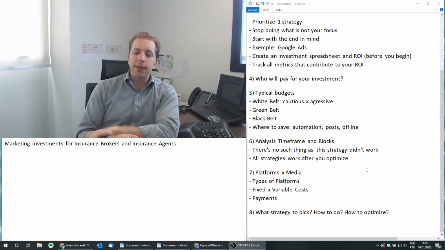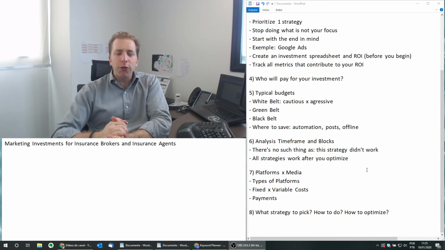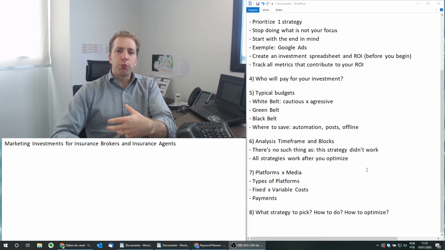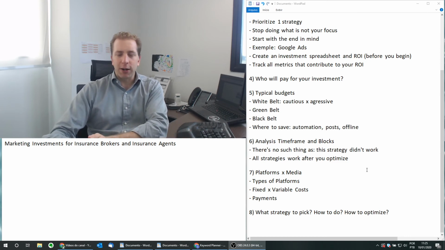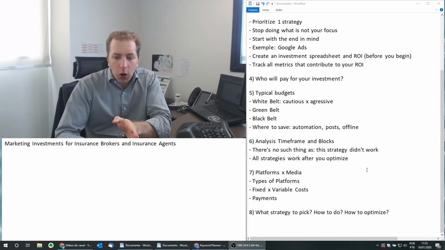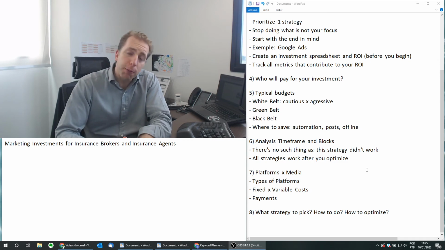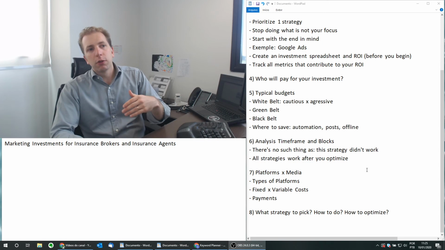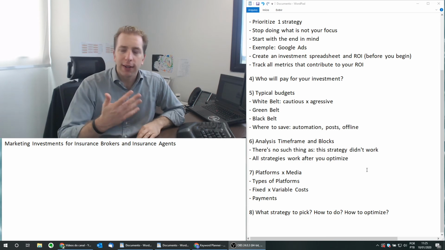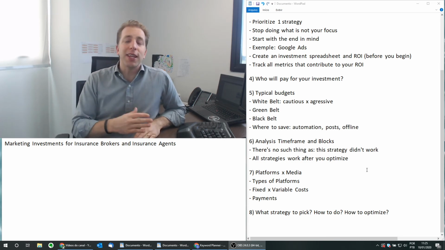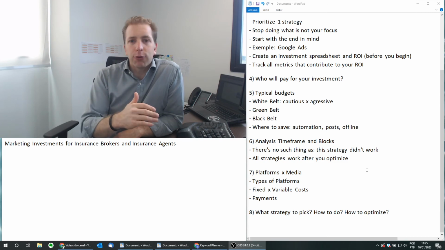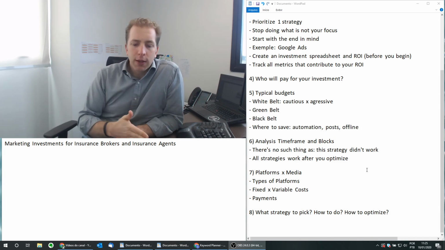And then this is interesting. You have two ways to make payments for your media vendors. You can do prepayments or you can do credit card payments. And for some reason, I still don't know why, many insurance brokers pick the prepayment method. So what they do is they pre-charge their advertising account with, let's say, $1,000 or €1,000. It doesn't matter, but they pre-charge. So they have already made available a certain budget to the advertising platform, and then they start running